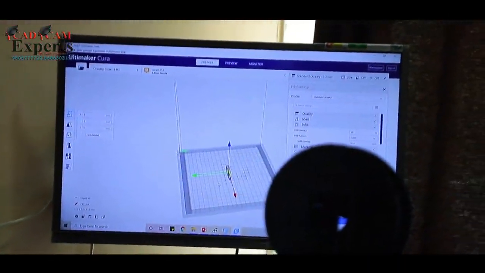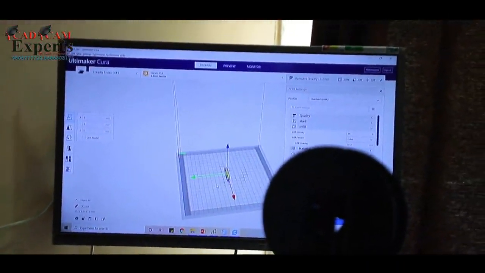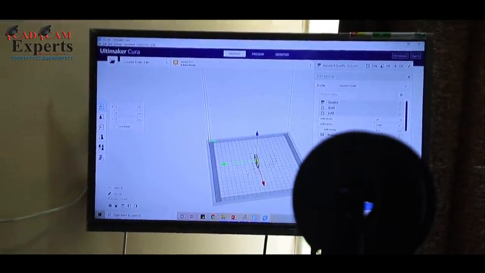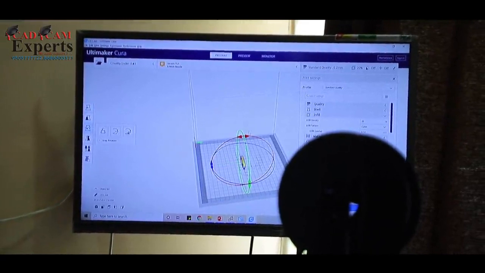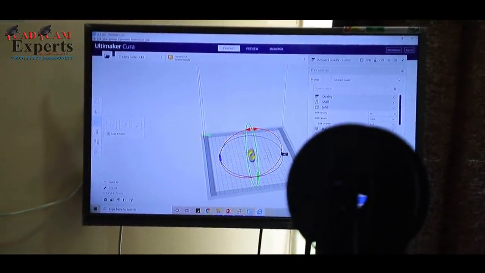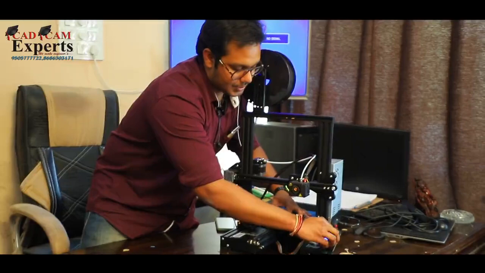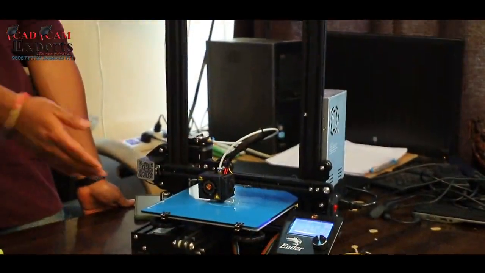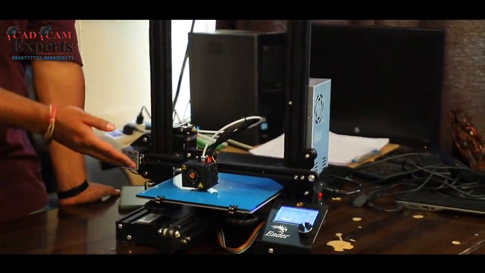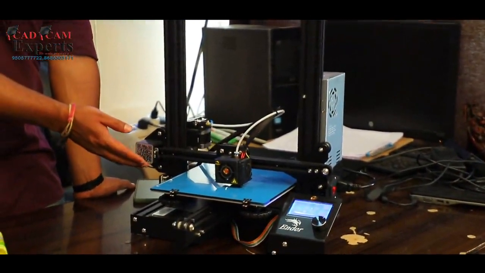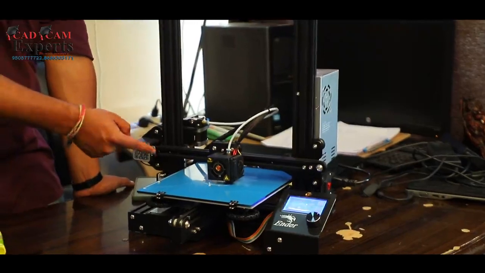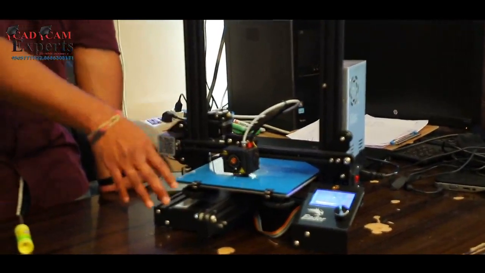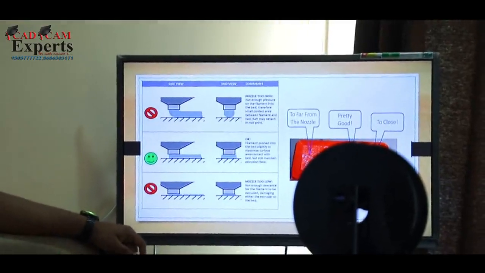This software is not intelligent enough to decide in which direction it has to print, so we need to set the orientation. What is orientation? Very simple. I'm going to rotate this model so that it sits on the plate. I'm going to change it to 200. You can come closer if you want, just to see what it has done just now. It has extruded some material towards the edge, right? Why? Because even the detailing is very important.